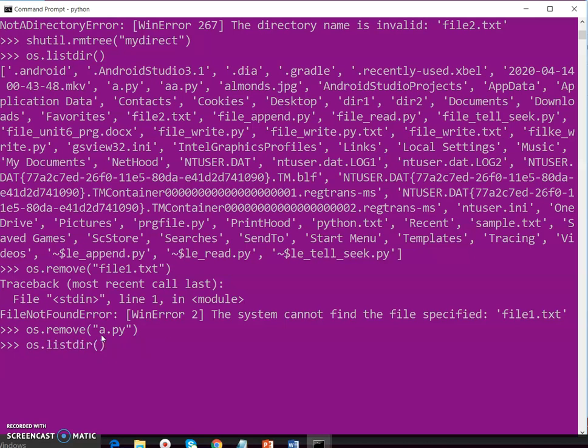So first we have to import the shutil module, and then we have to use shutil.rmtree in brackets and mention the folder name.